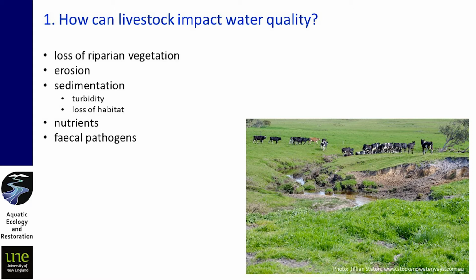Because we're eroding the sediments around the banks, then we find we get a lot of sedimentation in rivers. And so if you've sort of walked along a river or kayaked along a river, you'll see a nice cobble bed or gravel bed stream, and then where you see unrestrained stock access, you'll see a lot of fine sediments and silts and clays. And so when that's excessive and more than what the water can flush away, then you see that the cobbles are completely smothered by those fine sediments, and so that's a loss of habitat to all the little animals and plants that would grow on those cobble beds.